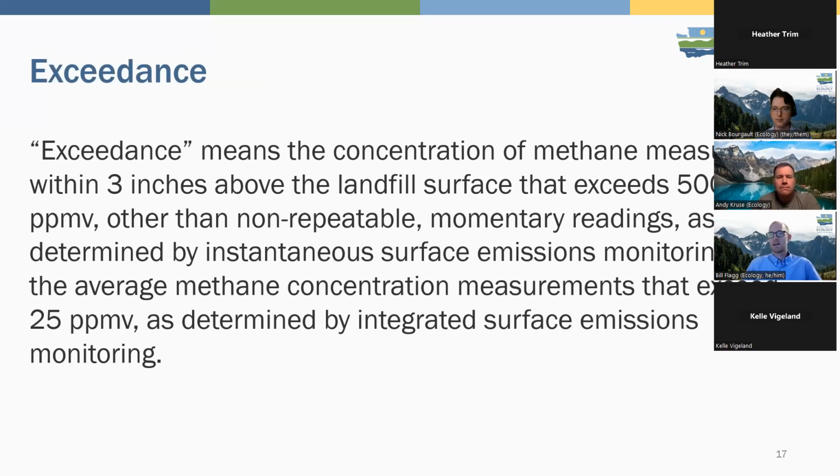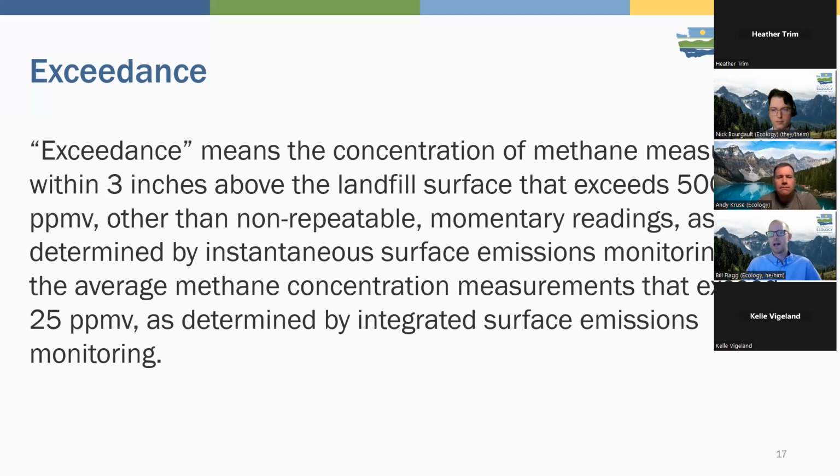This is similar to component leak, but an exceedance might not occur just from a component leak standpoint. It can be an exceedance from gas collection and control system equipment. An exceedance can also be an exceedance of methane emissions from a landfill surface. And this relates to Section 5 of our statutory language. And once again, the statute link is posted in the chat here.